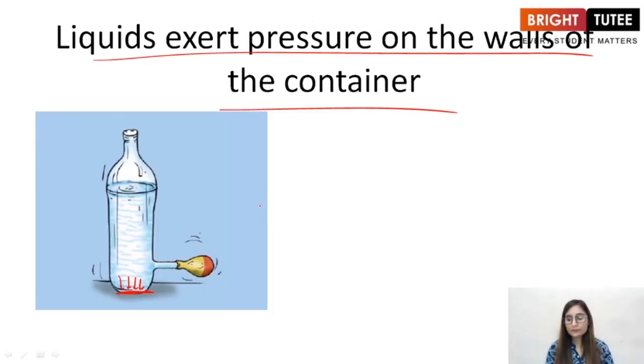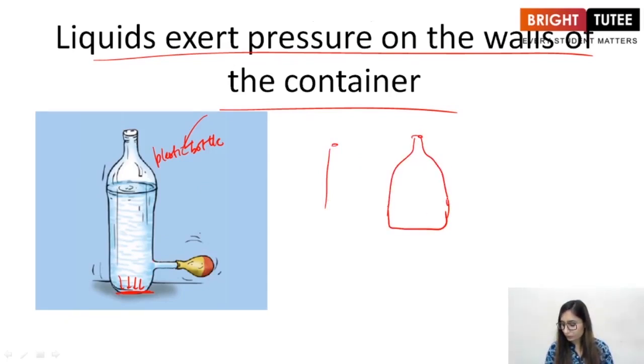Now what we will do is, firstly we will construct an apparatus. You will take a plastic bottle and you will cut a hole into it. First of all, take a bottle. You have taken a bottle and you cut a hole into it, right? Now take a cylindrical tube and melt the corners of this cutout, right? You have cut out some plastic out of it and now you try to melt it